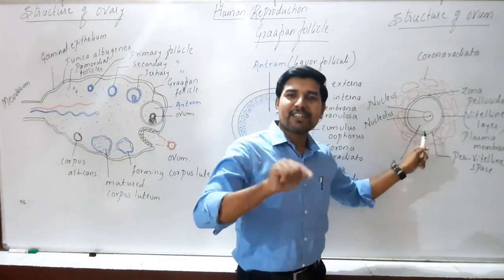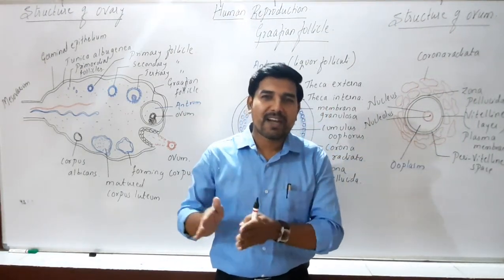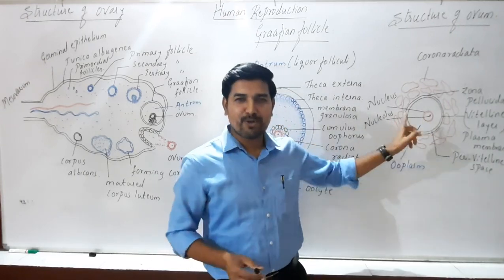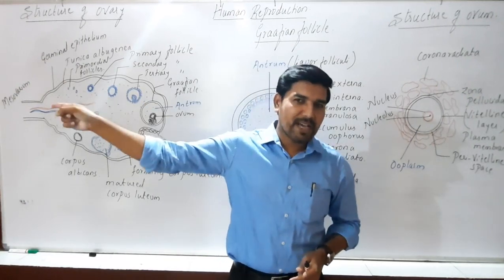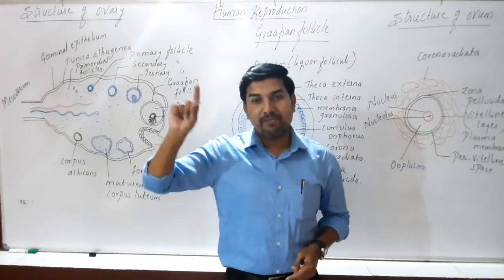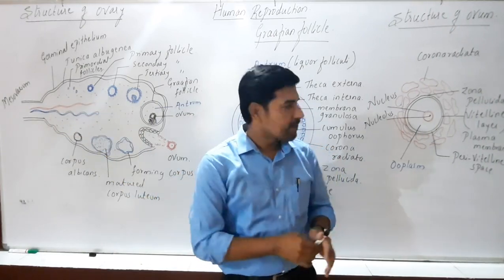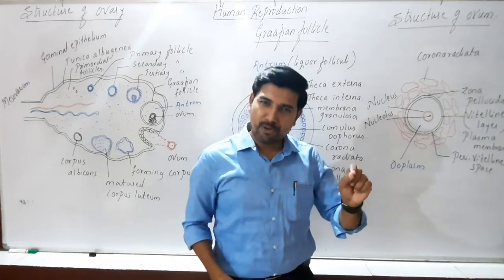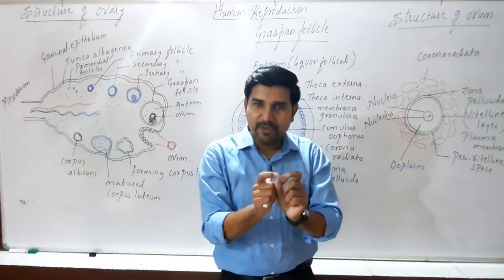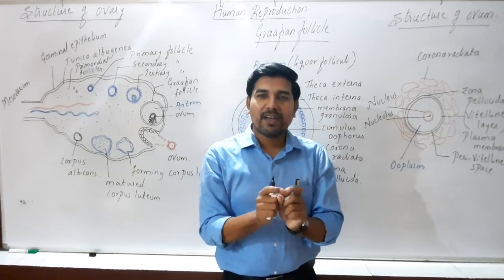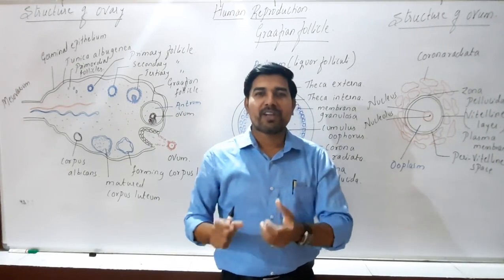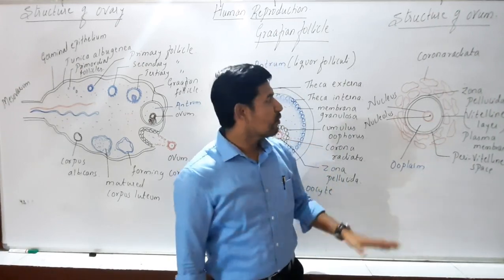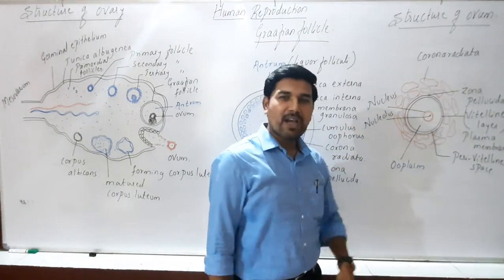Now this nucleus consists of a haploid set of maternal chromosomes, a haploid set of mother chromosomes. It has 23 mother chromosomes. Remember, the nucleus of the sperm has a haploid set of father chromosomes, 23 father chromosomes. When these two nuclei get fused, it leads to the formation of a diploid zygote where the chromosomal number will become 46 after fertilization. So this is regarding the structure of the human ovum.